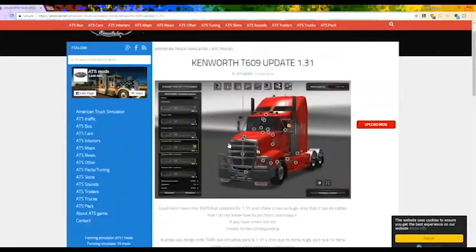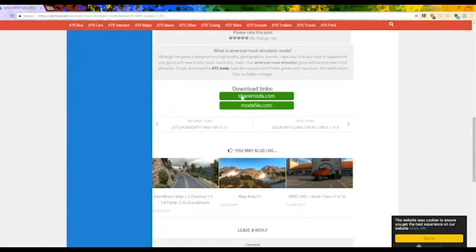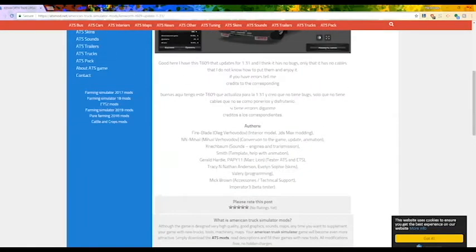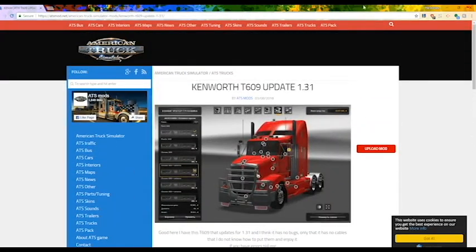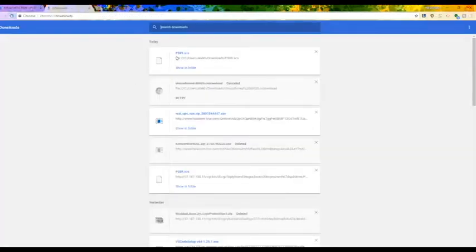So this is a Kenworth T609, and what we want to do is download. There's always going to be download links down here. You download whichever one you want, but I already have an example mod downloaded, so I'm going to go to my downloads over here. There's a P389 Peterbilt